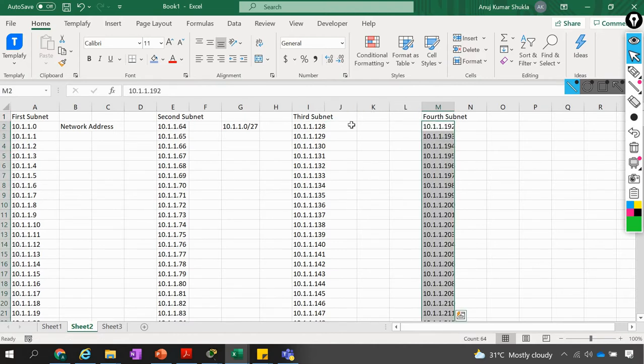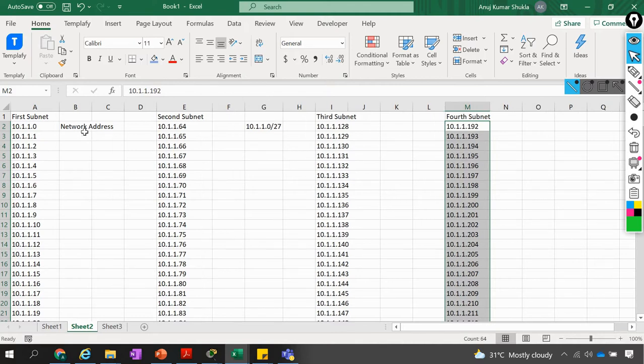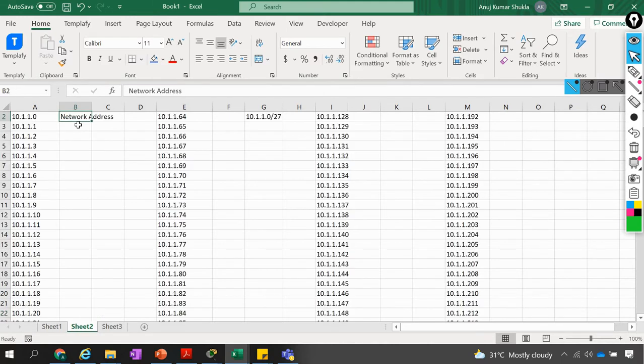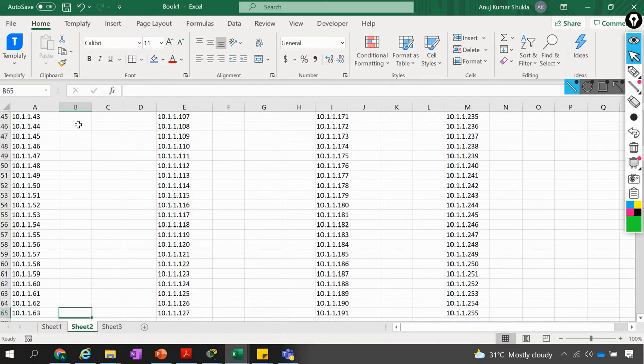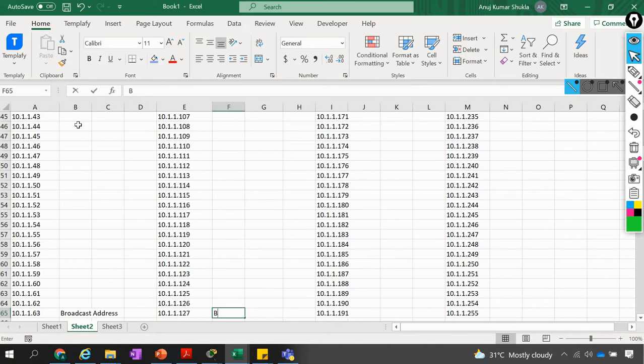The problem when we do subnetting is that the network address and broadcast address belong to that network. Earlier, the network address was here and the broadcast address was at the last. But this time, having divided into subnets, obviously the first one will be the network address of this one, and the last one, 63, will be reserved as the broadcast address. The same thing is going to happen on this one: this will be our network address, and the last one will be our broadcast address.